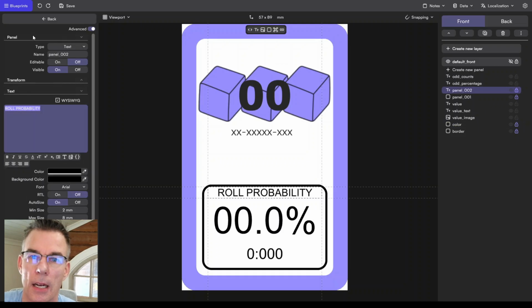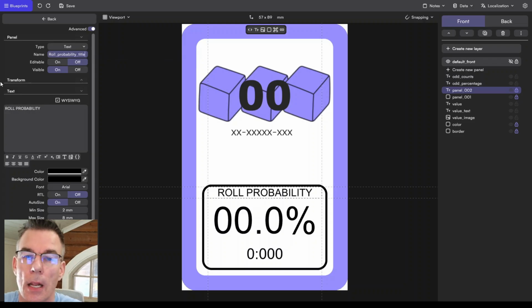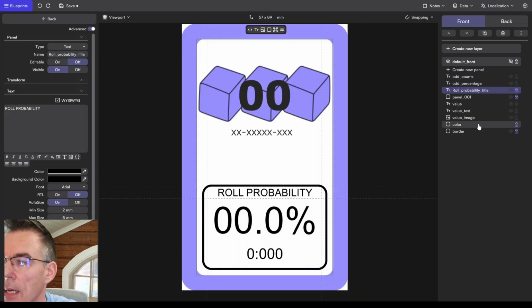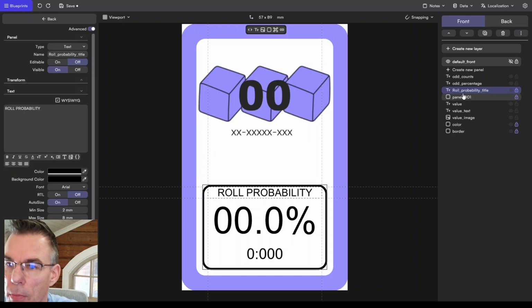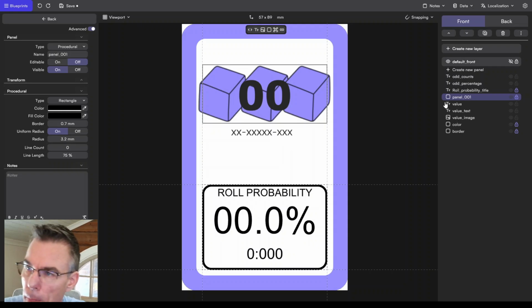Let's just change it to the probability title, like so. So it tells a lot more about what this is. There seem to be some panels that I've named, but I don't want to edit those, so it's not important in that case.